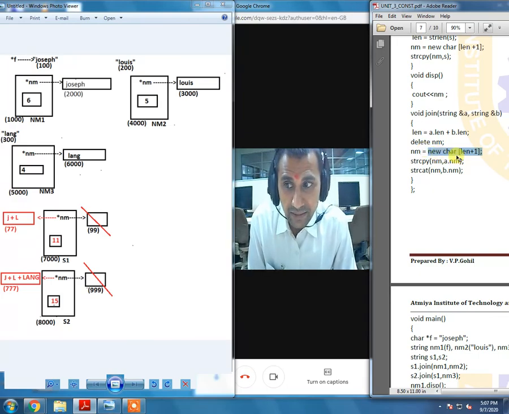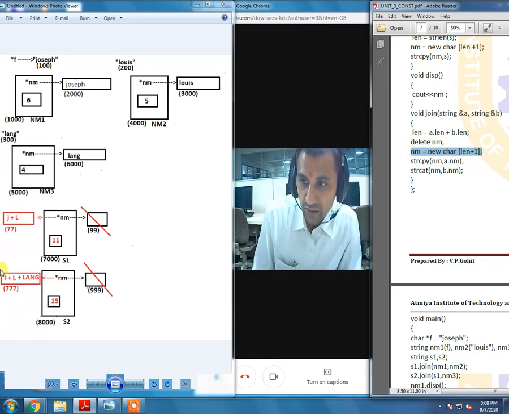That is 15 plus 1. The newly created block will be of size 16 to store character values and the starting address will be assigned to star nm. Over here, S2 object is having the star nm pointer and this is the newly created block which is going to be pointed by star nm of S2, remember.